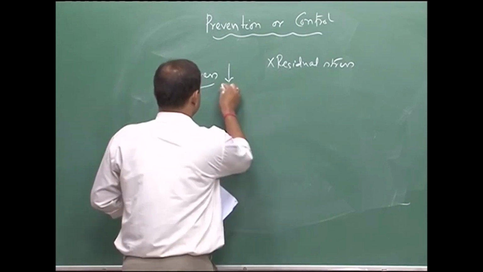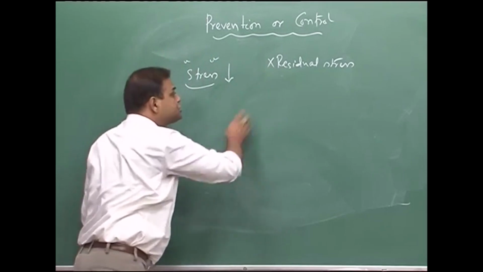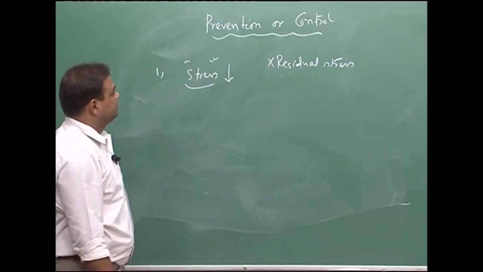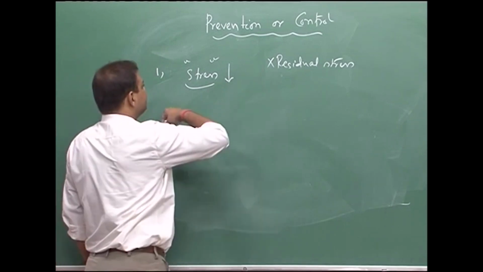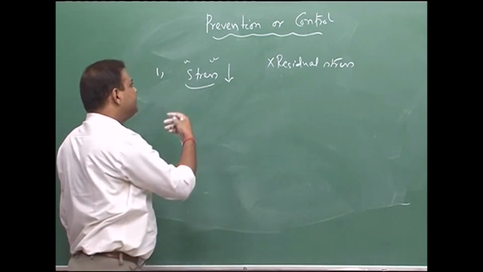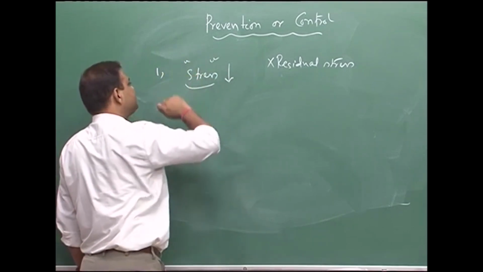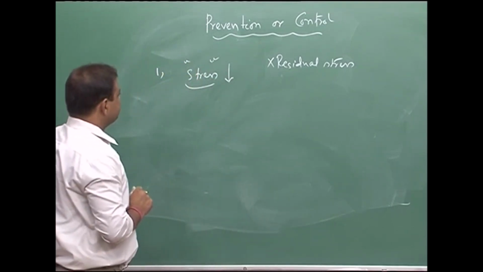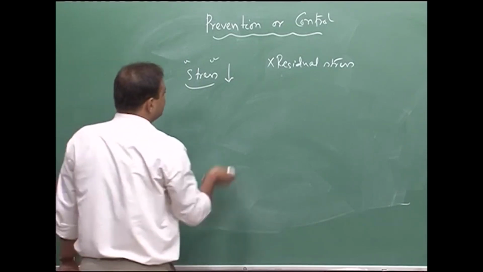If you do not want to decrease the actual load, the component residual stress needs to be removed by low temperature annealing. But if there is no residual stress, still you would like to prevent SCC and you would not like to decrease the actual design stress, then what you can do,